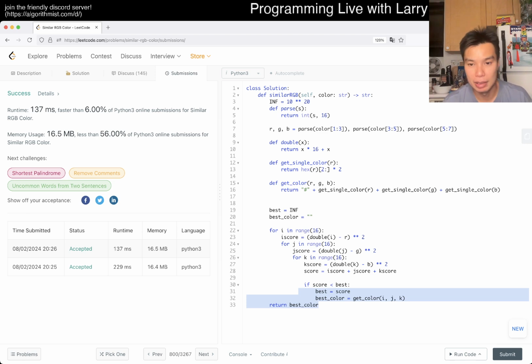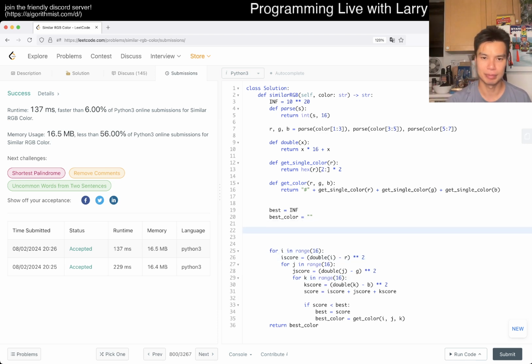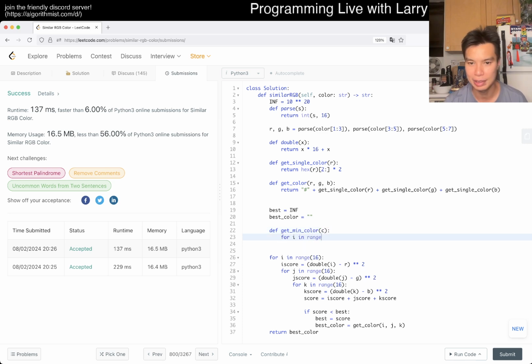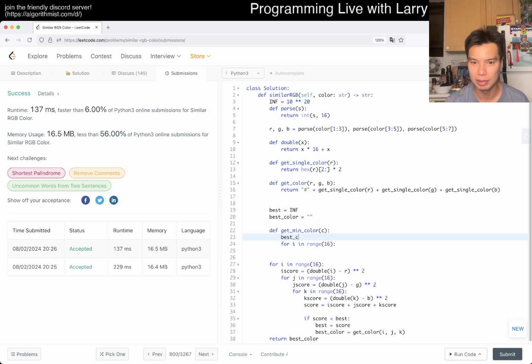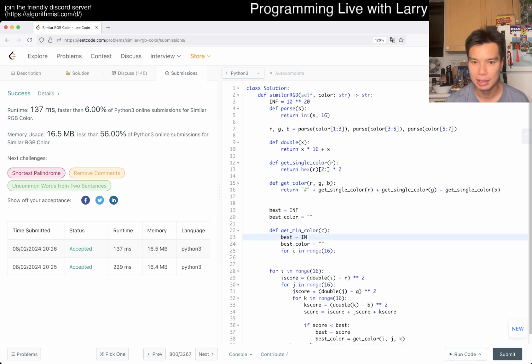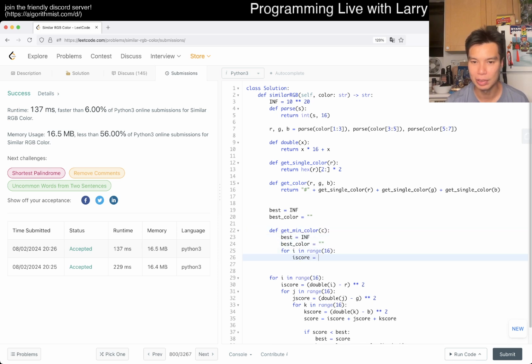when you minimize this function, actually the minimizations of all these don't affect each other, right? So now you could actually separate them out. So maybe you could do a get min color of a particular color, and then you do it for i in range 16, right? So best color, best is equal to infinity, and then just do I score is equal to